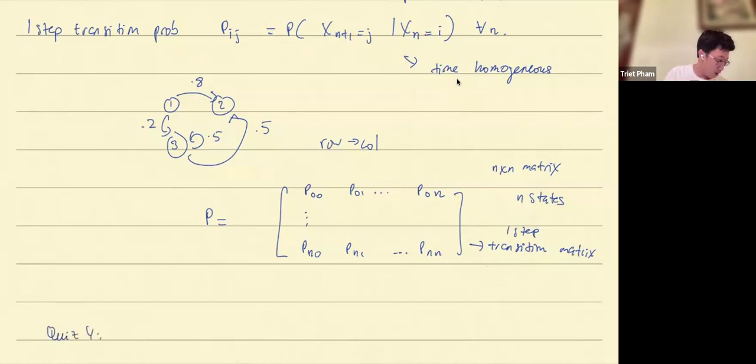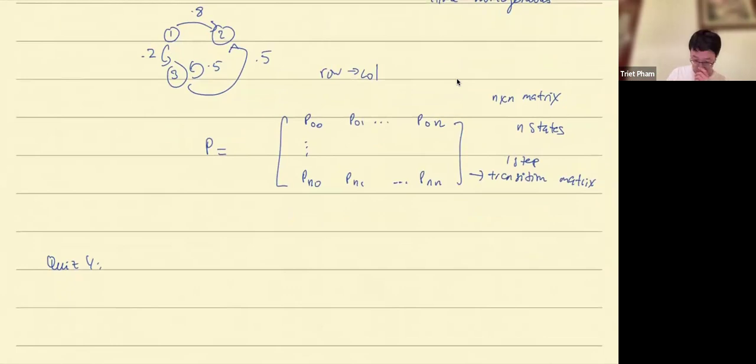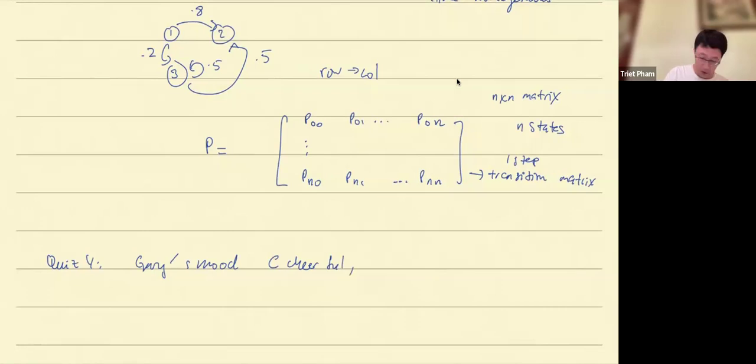This is quiz 4. Let's say this is Gary's mood. You can have cheerful, state C, and then so-so, state S, and then glum, state G, okay? If cheerful today, then we'll be in C, S, G tomorrow